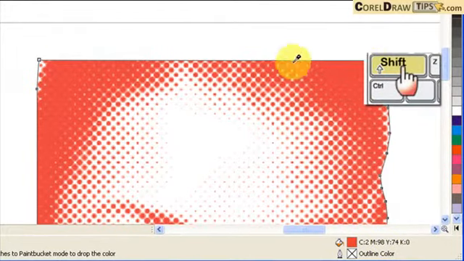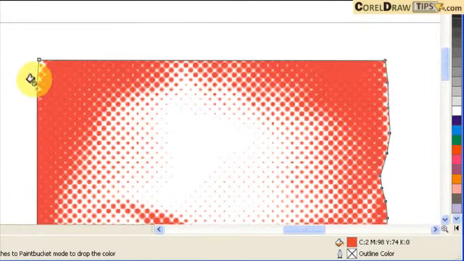Then I go to the outline that I just did, but I have to hold down shift and go to the outline. See, that one's the outline. If that icon shows up, it means I'm going to change the properties of this outline to the same color as the one I sampled. Okay, so click